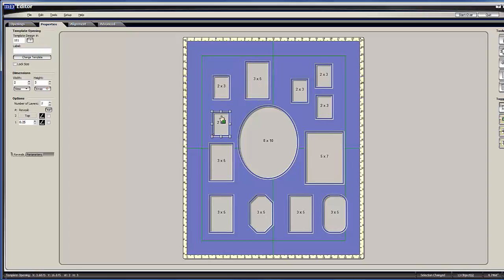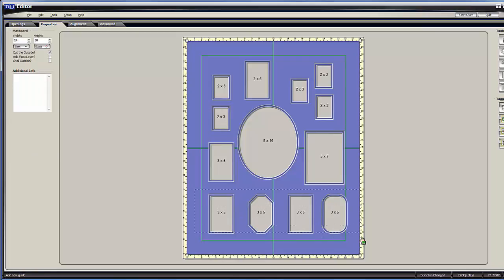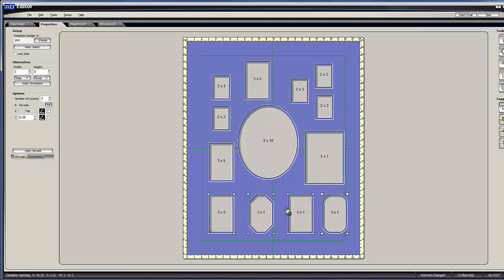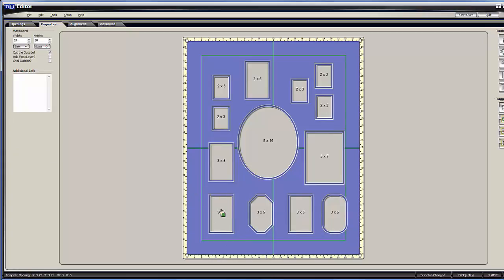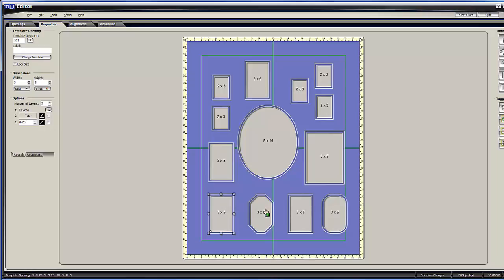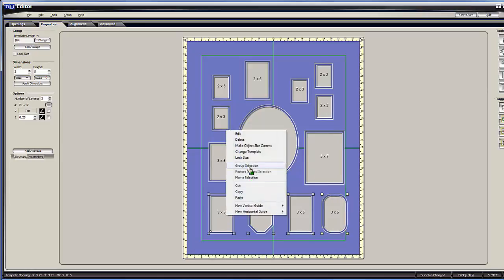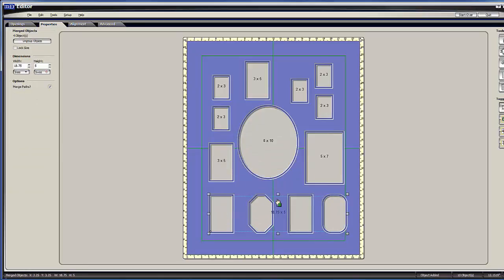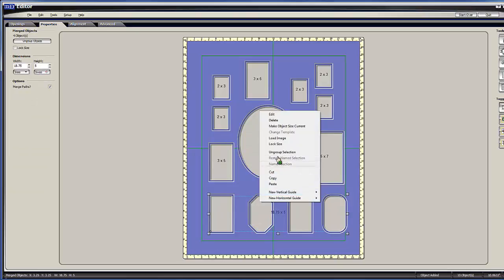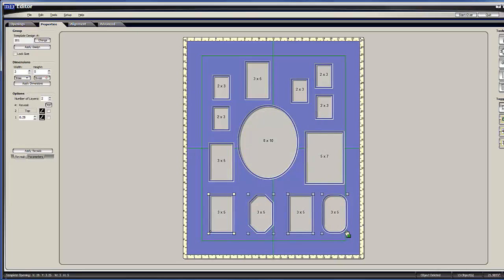If you really want to be precise about your openings, you can click and drag, selecting all 4 of these. If you can't get the hang of that, you can click on one of them and use your keyboard and hit the shift key and just start clicking all of these so they're all selected. And then you can right click and say group selection if they're exactly where you want. If you don't know if they're exactly where you want, like you want to make sure they're all level at the bottom or the top,